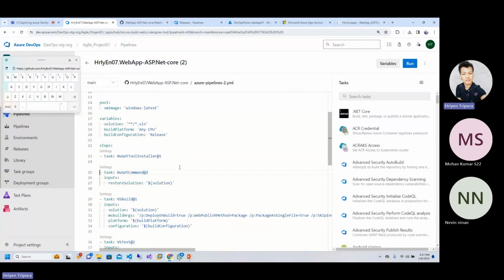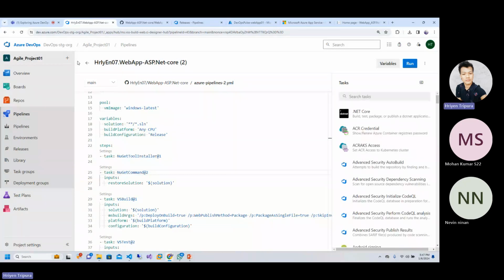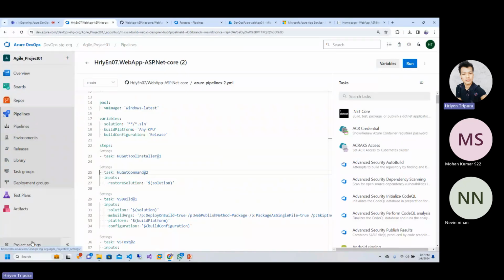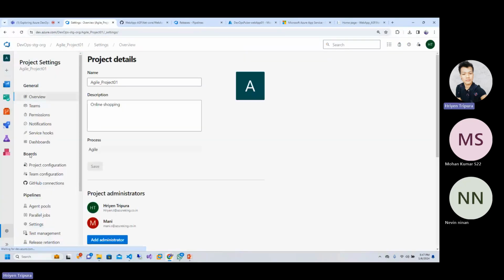You can even scan your entire code to check whether the code quality is good or not. So basically, you need to integrate other third-party tools as well in your pipeline. For example, let me see if I can show you once. What I mean to say is that